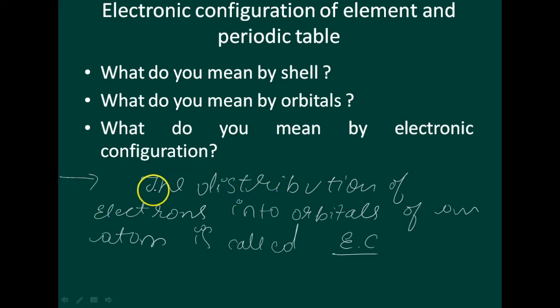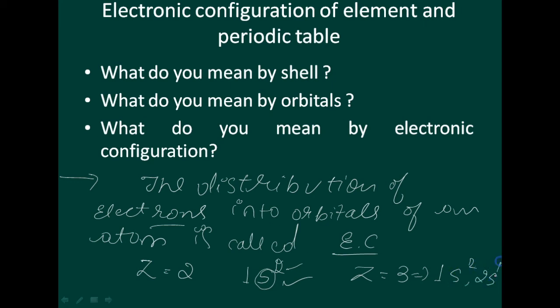How the distribution of electrons works: just consider the atomic number Z equal to 2, you write 1s², the maximum occupation of s being 2 electrons. When Z is equal to 3, you write 1s² 2s¹. This is the distribution of the electrons into orbitals; s, p, d, f are called orbitals of an atom. This is called electronic configuration. And the next is